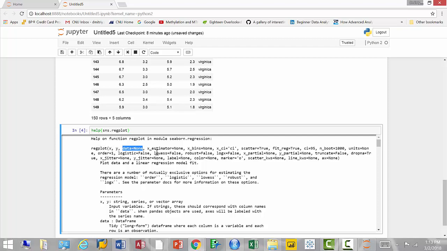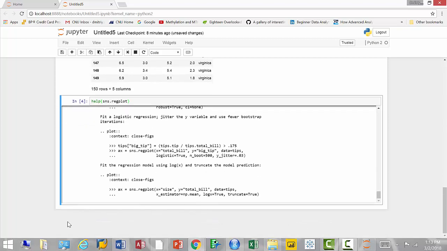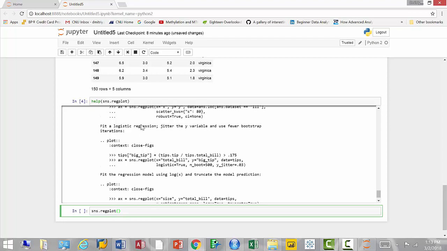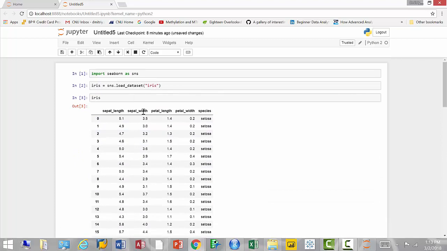All right, so I'm going to go ahead and scroll down, add an additional line. All right, and I'm going to say, now, Seaborn library SNS dot reg plot. Okay, and I know that the first thing that I have to supply to the function is x, right? So let's take a look. How about this? I'm going to plot sepal length versus